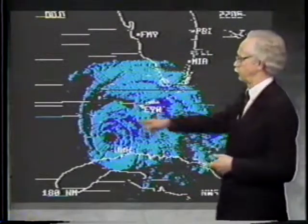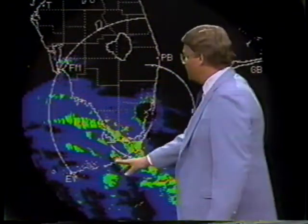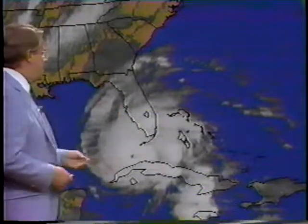Now, I hate to tell you, but you folks up here in northern Gulf Coast... motion of this, and that is pretty much the way the storms are moving. There are some thunderstorms in there indicated by the red and the yellow, and then the green and the blue, just a wide area of rainfall, scattered showers over Dade, Broward County. Take a look again at that satellite picture, and we'll show you that the eye of the storm is over just to the north, I should say, of...